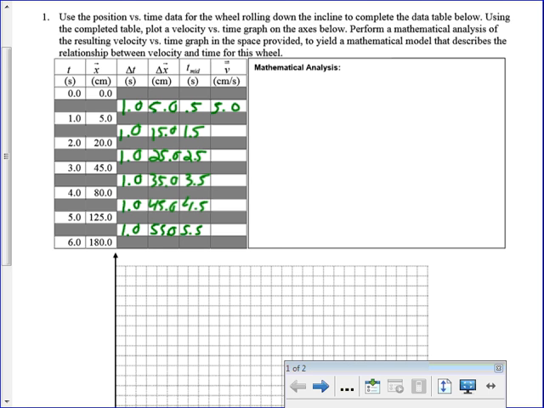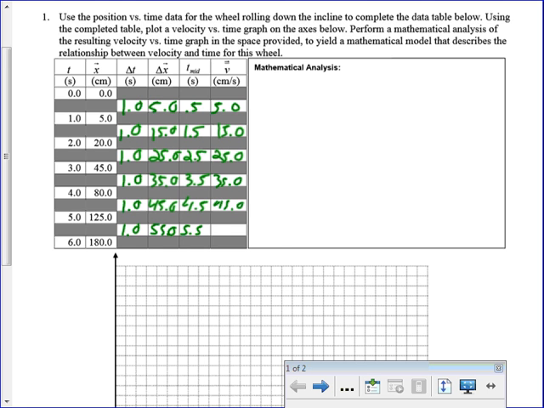Same for the next interval. From 1 second to 2 seconds, my displacement was 15, the time elapsed was 1, and so my average velocity is 15. From 2 to 3 seconds, my average velocity was 25. Again, just taking my displacement, dividing it by my time. 35,